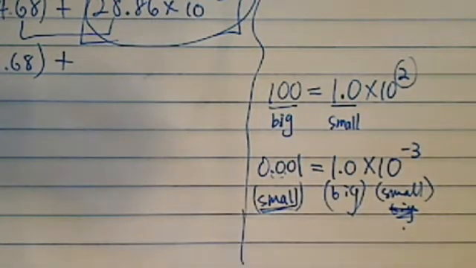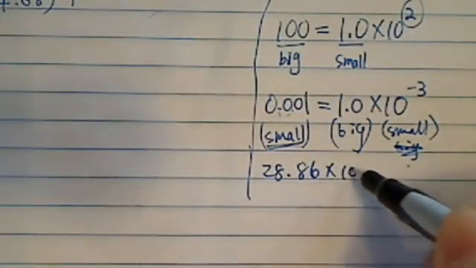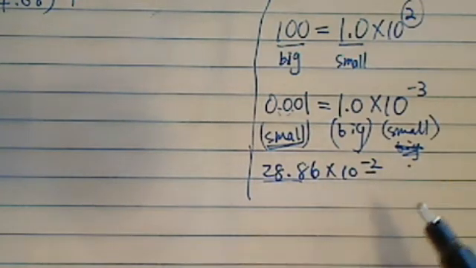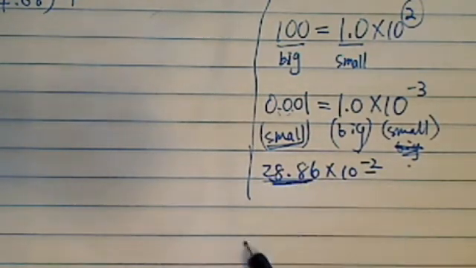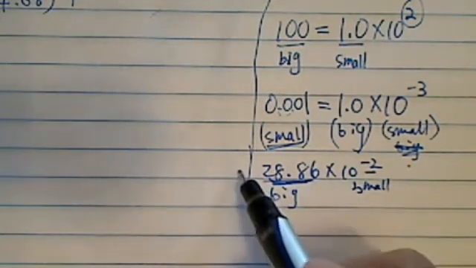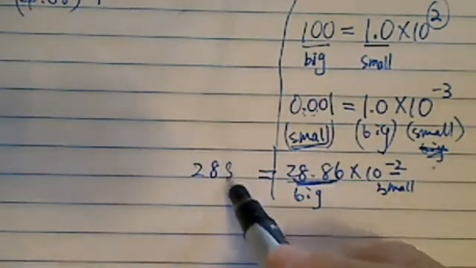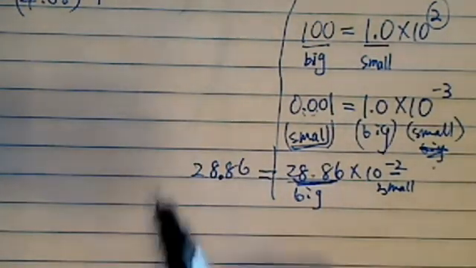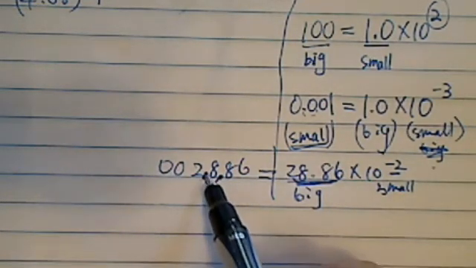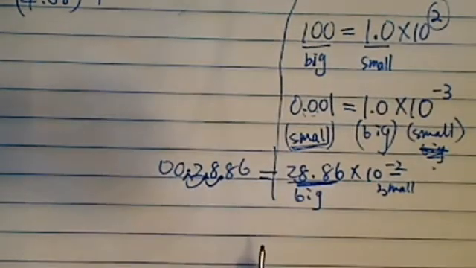What we have over here is 28.86 times 10 to the minus 2. So I have a big number here. I have a small number here. So the number coming out should be smaller than this one, right? Big, small here. Okay, so let's put our equal sign here. It should be a small number. So 2886, I'm going to grab over here and I'll put a 0 because I know it's going to be smaller. So I'm going to make the number smaller 2 places. Okay, so it becomes